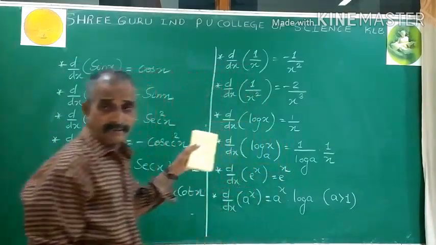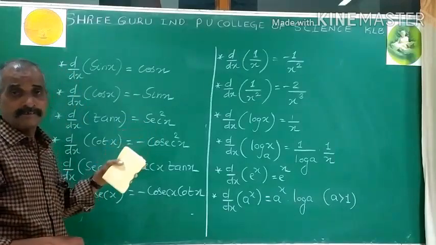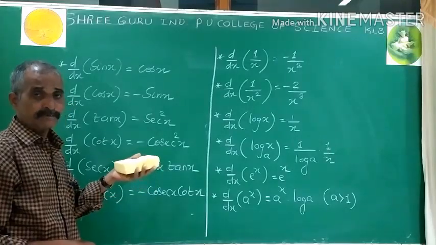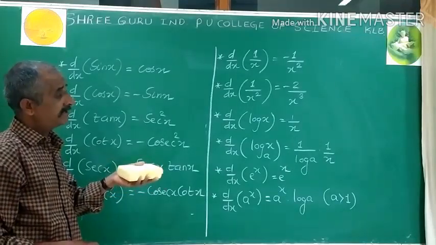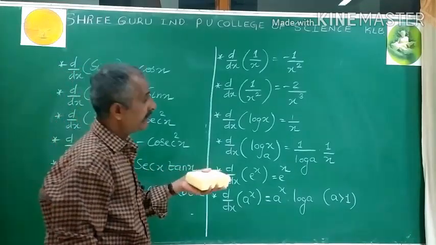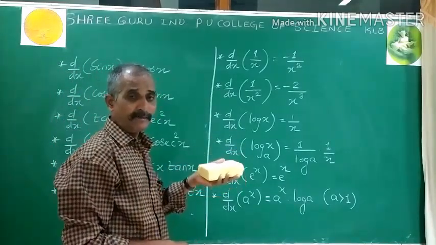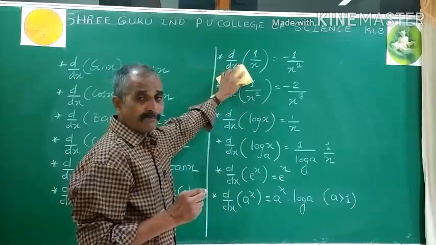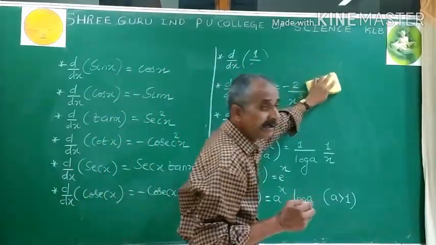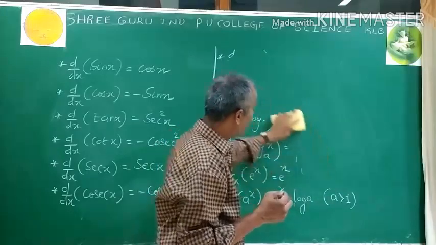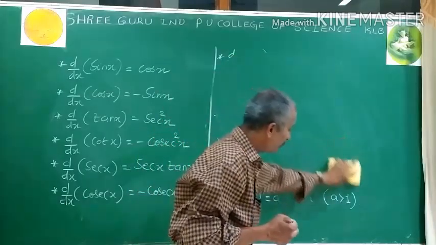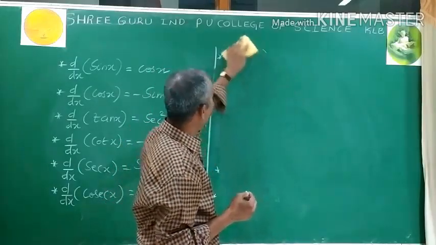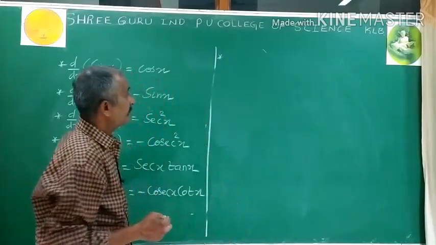So what I am writing are all basic formulas of differentiation, and one must remember these formulas, especially as you know that mathematics means 50% formula. Unless you are perfect in formulas, you cannot easily study any mathematics topic. So first one should become perfect in formulas, because mathematics mainly depends on formulas. Especially calculus needs more formulas. So it's my advice, my request, that please try to memorize all these formulas without fail. Next formula.